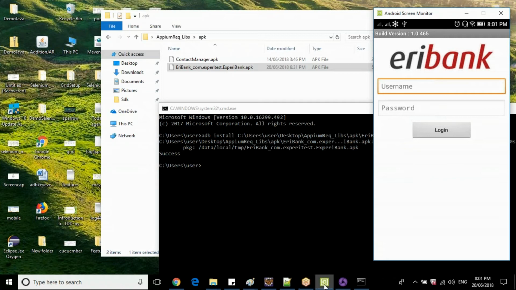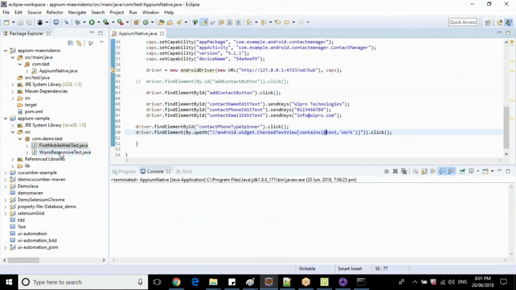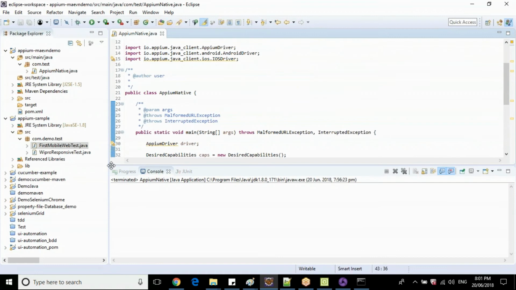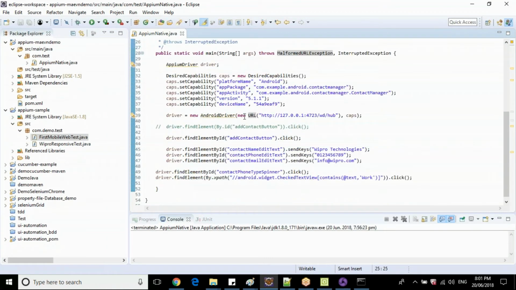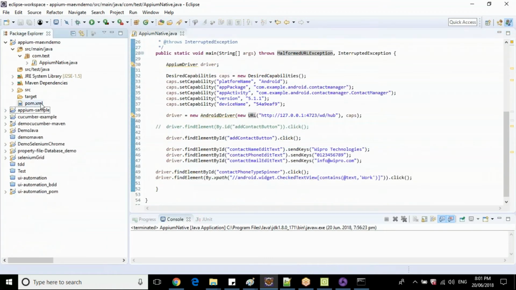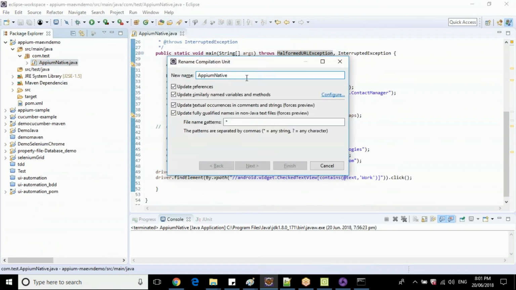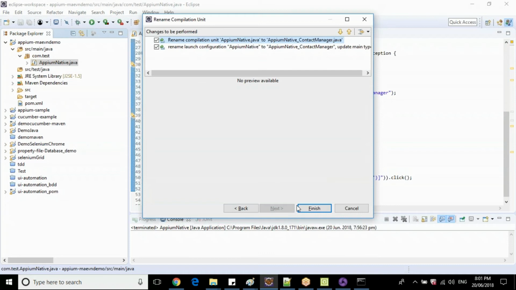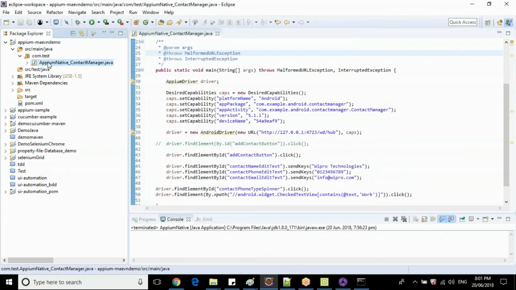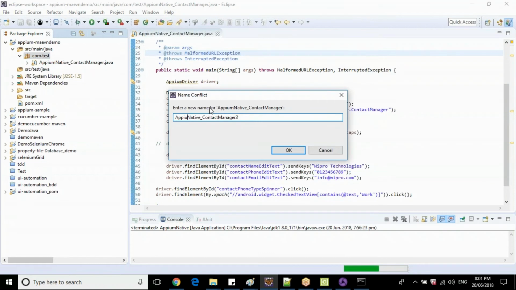So what is the next step, guys? Let's clone this test case. This test case will be useful when you want to work for contact manager. What I'll do is I will just rename this class into contact manager. And I'll clone this and mention it as native AnyBank.